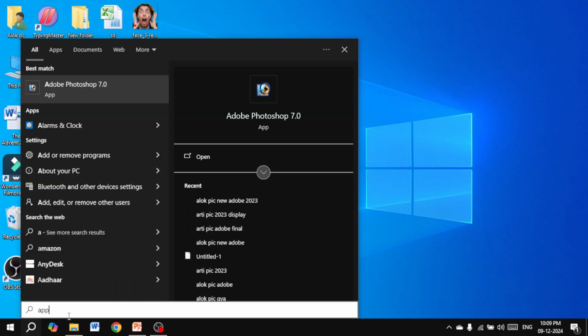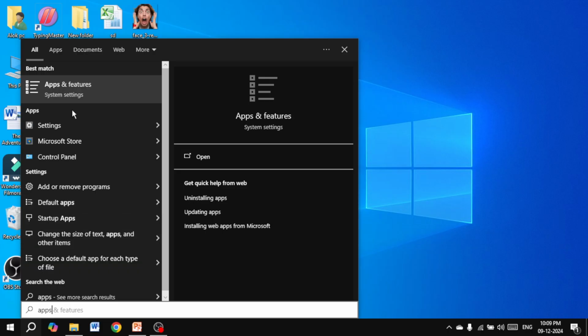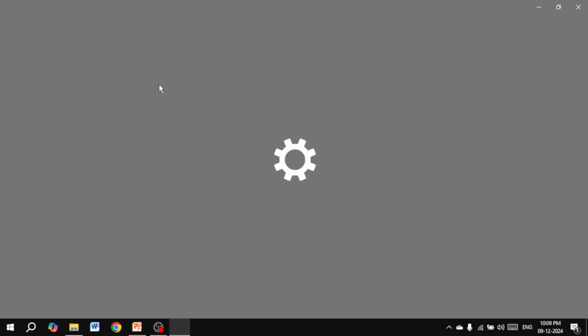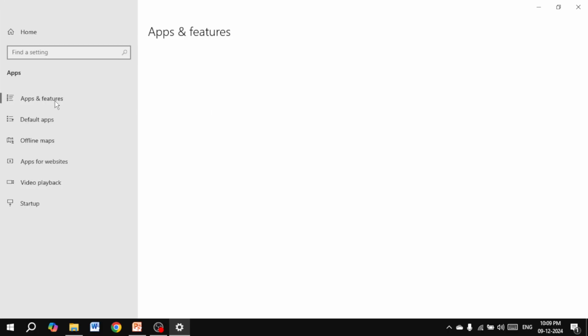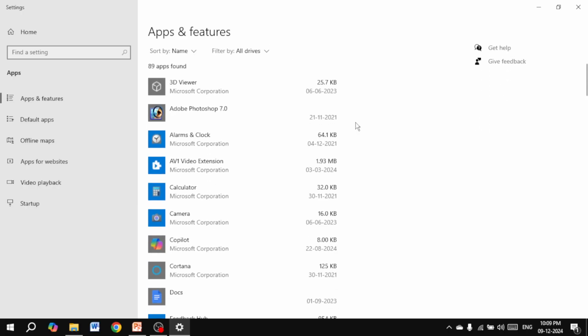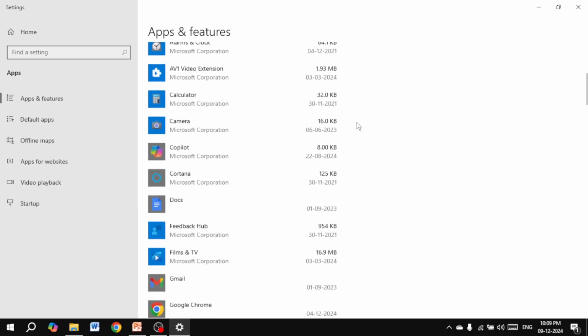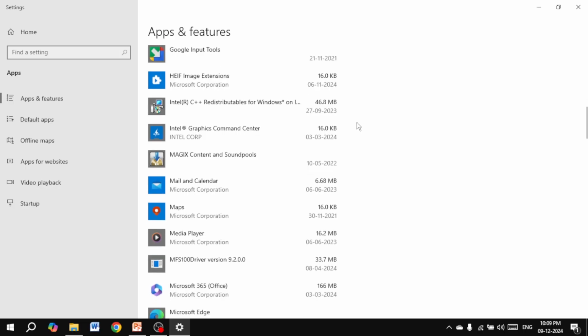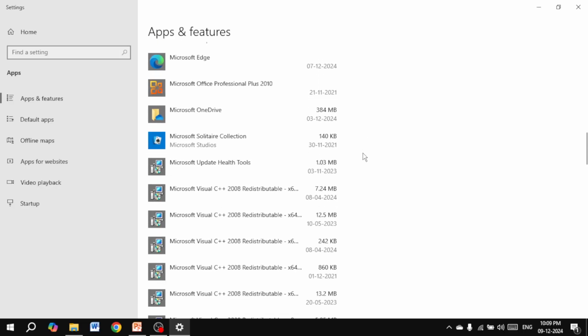Apps and features. We can search here for apps and features, then click on it. You can see the Apps and Features window is opened, and make sure Apps and Features is selected on this tab. Then you can go to this side and search for the app you have decided to uninstall